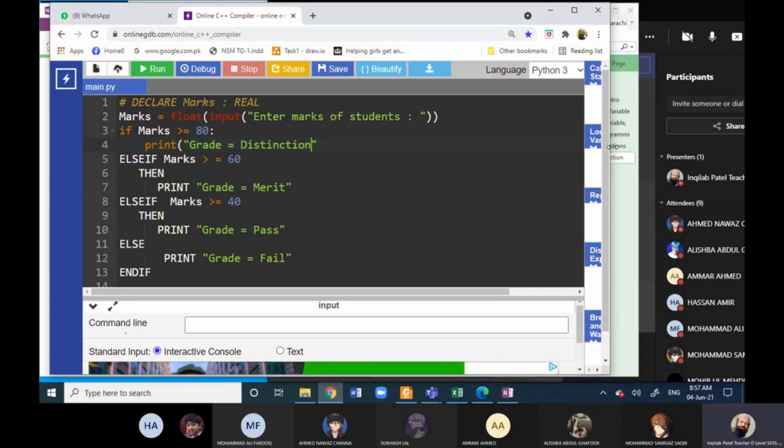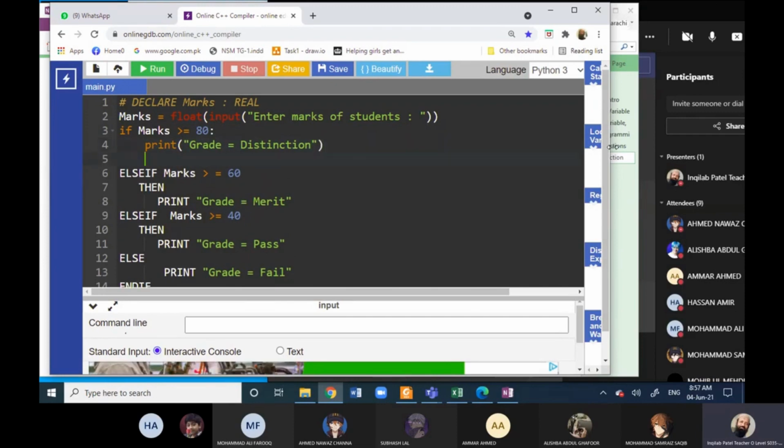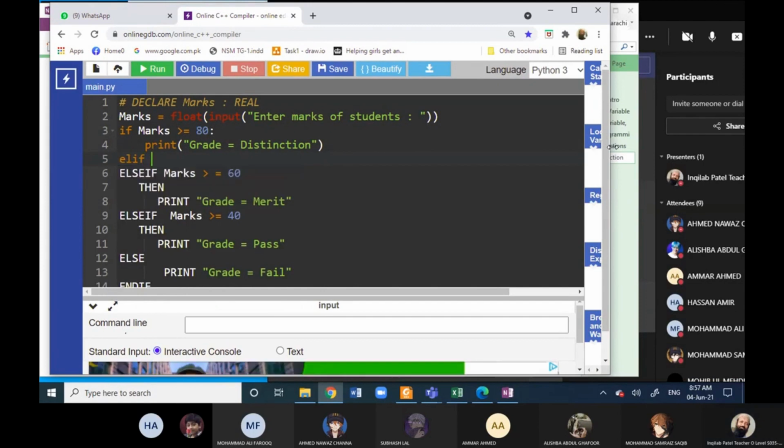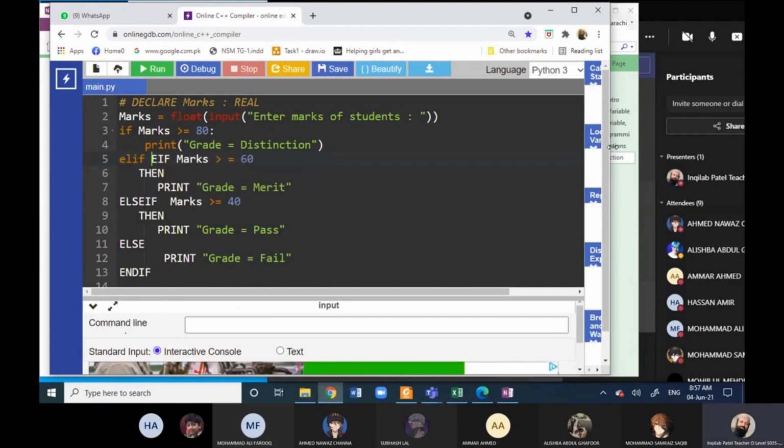And then in the next line we write down else. Here we will write down elif. This is the difference between Python and pseudocode. Here we just write down elif.